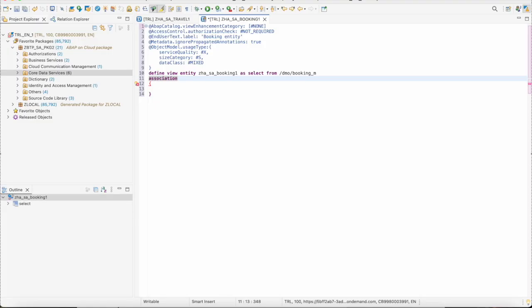Here we will add the association to parent node, association to parent. And what is the parent name? Travel one